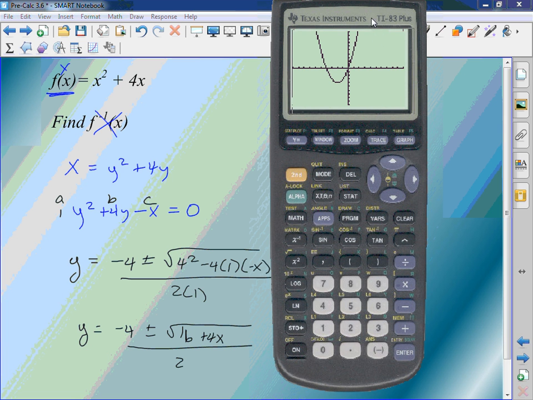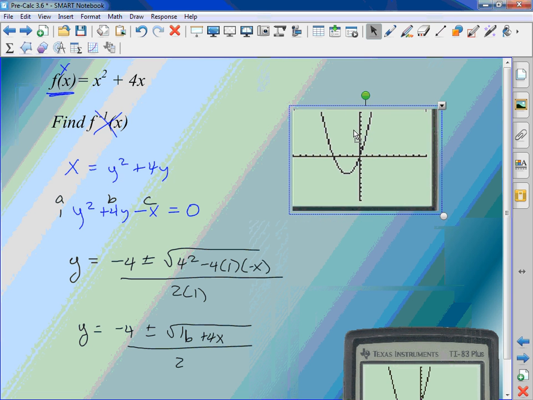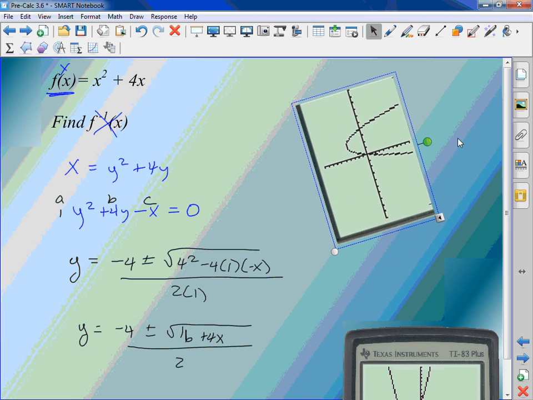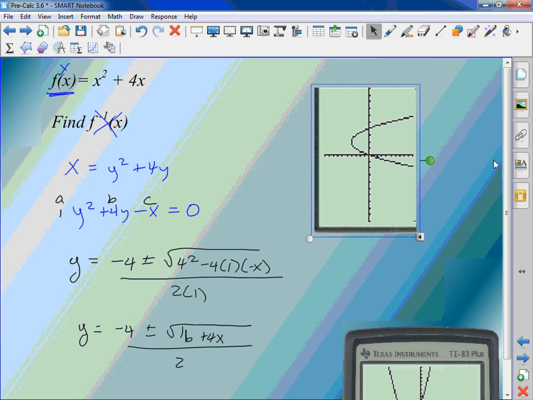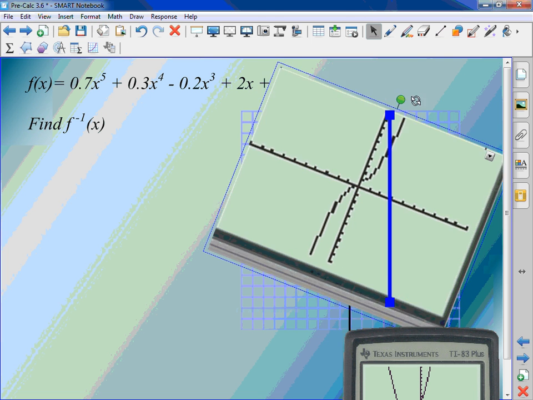Okay, here's this function. It was sideways, right? You said it was like that. What's the only thing I did? I took the original graph and rotated it. What am I going to do with this to find the inverse? Take it and